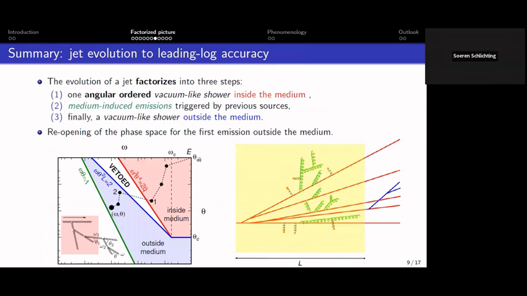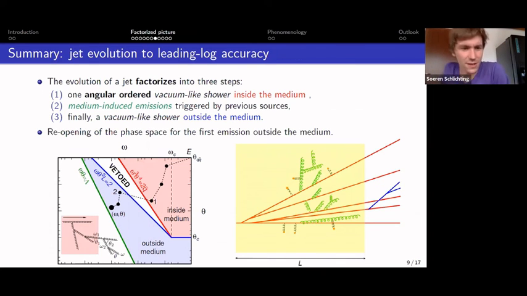Yeah, hi, Paul. I have two questions actually. The first one is precisely on this slide, actually, if you want. So if I understand this, I'm supposed to read this as a sequence in time, how things happen, right? You first have the vacuum shower inside the medium, then you have medium-induced emissions, and then you have the evolution outside the medium. So my question is, when you do medium-induced emission, who emits actually, and do you know how to deal with the medium resolving the vacuum-like emissions as a single source or as multiple sources?